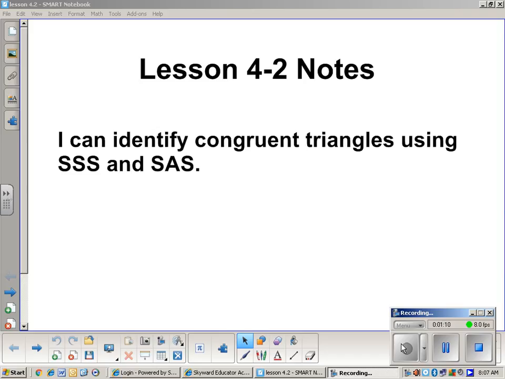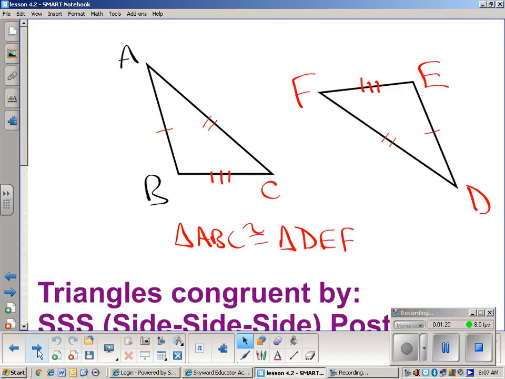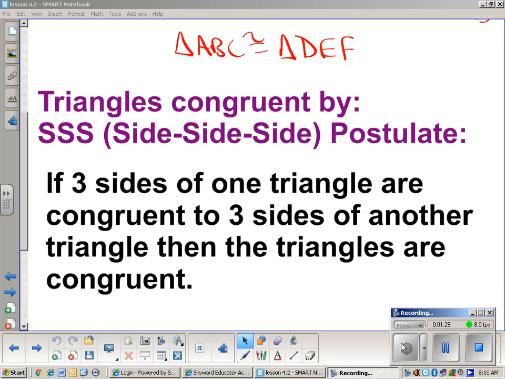So I can identify congruent triangles using side, side, side, and side, angle, side. That's what the SSS and SAS stand for. Okay? If we look at these two triangles, I'll give you time to copy these and I'll move it down so you can copy the postulate. So the side, side, side postulate, and again, whether you call it a postulate or a theorem doesn't matter to me because